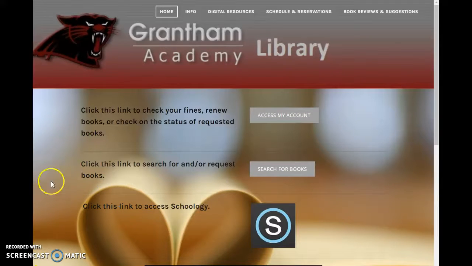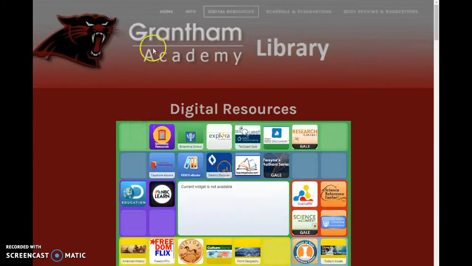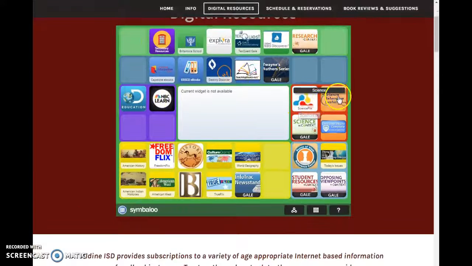Okay, students, the next digital resource that we will be looking at is the Science Reference Center. So what we're going to do is, once again, we're on our Grantham Library homepage. We'll go to Digital Resources, and then here in the reddish orange section, we'll see Science Reference Center. If you hover over that, it should come up. You click,